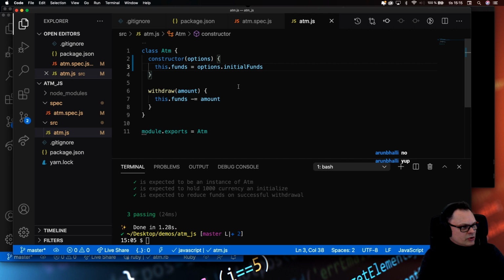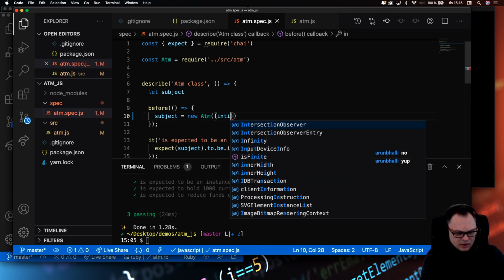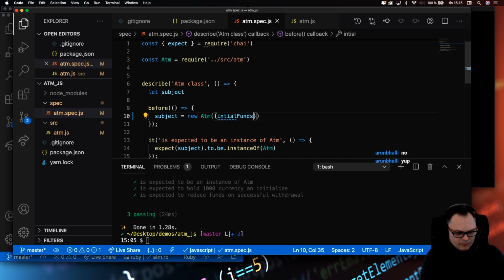And I'm using camel case here because camel case is used in JavaScript more extensively than snake case. So here I have to pass in an object like this, and I would say initialFunds 1000,